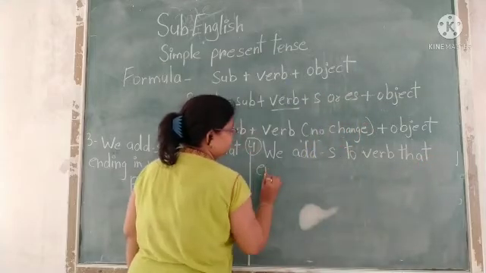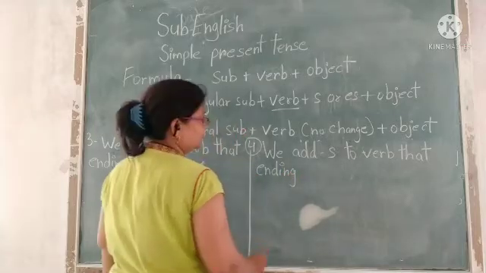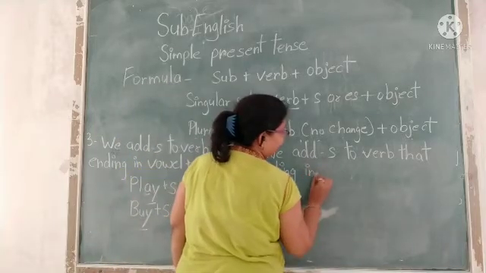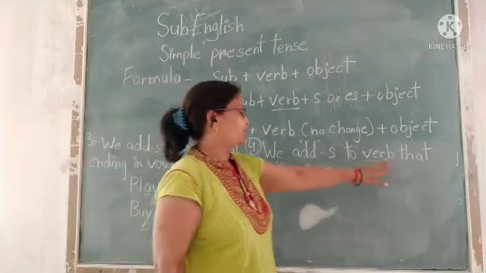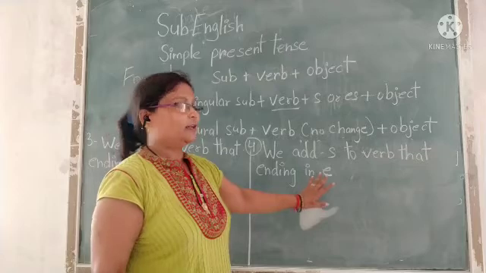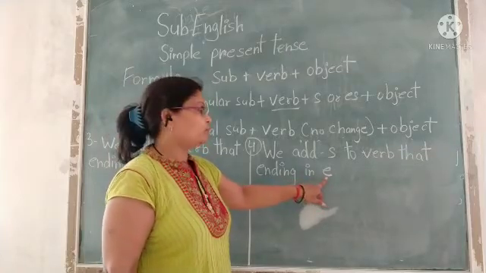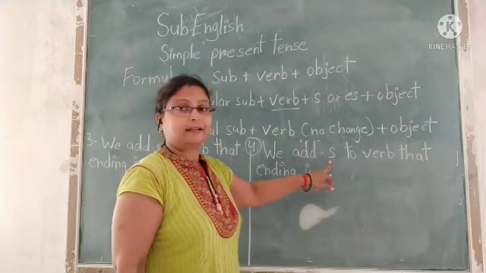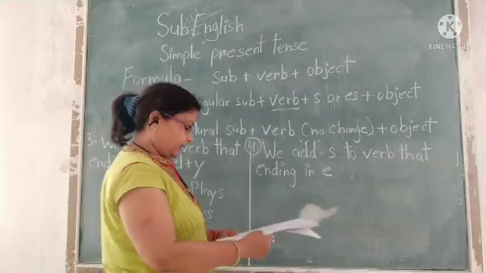That ending in E means we add S to verbs that end in E, यानी जिन वर्ब के लास्ट में E होता है उनमें उस वर्ब में भी हम S ऐड करते हैं सिंपल प्रेजेंट टेंस के अकॉर्डिंग. Like in this verb,